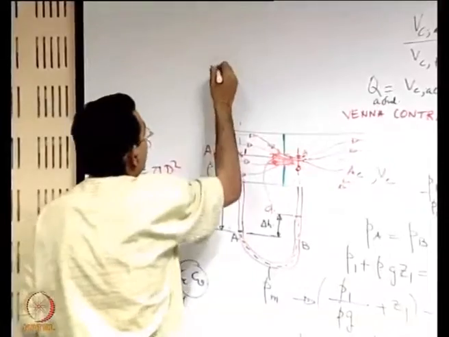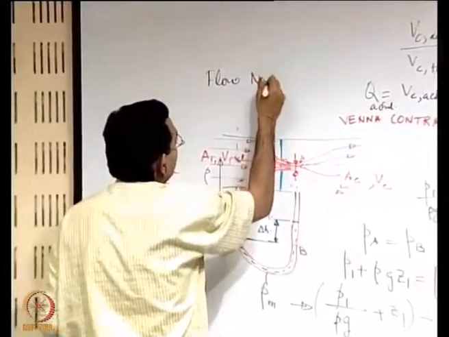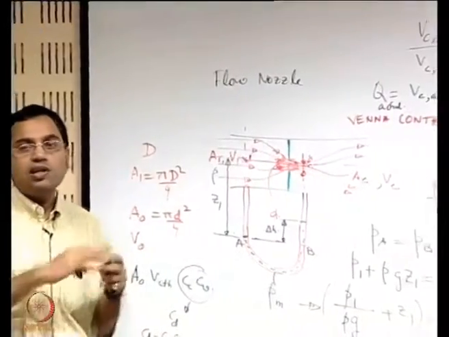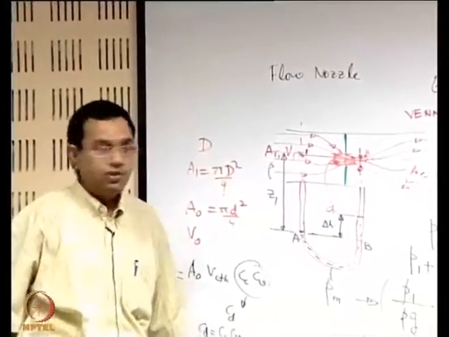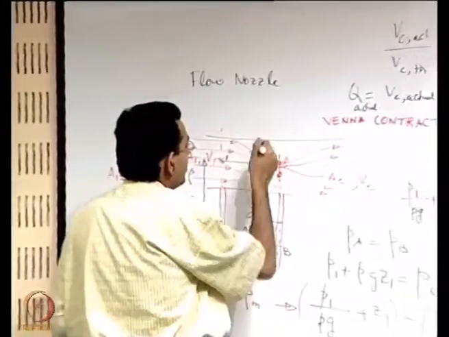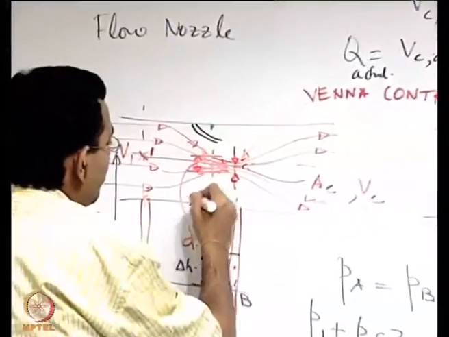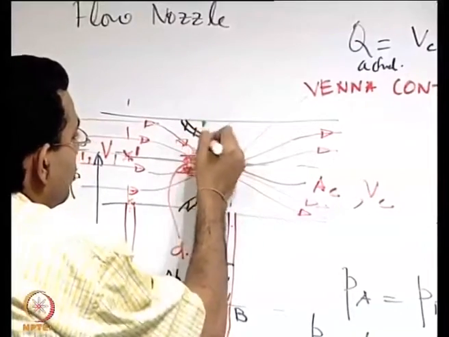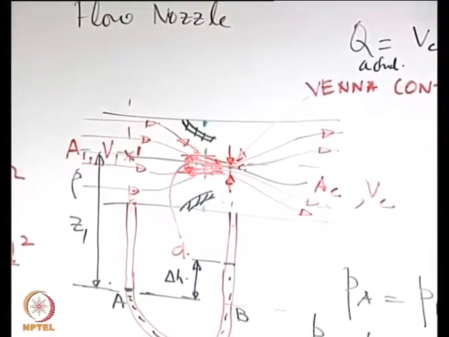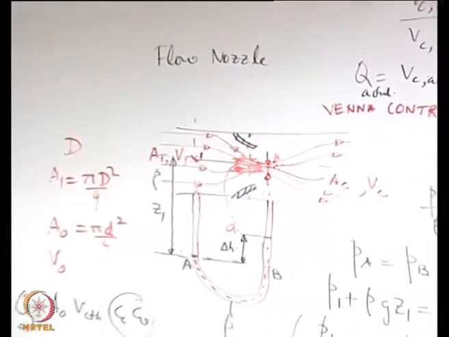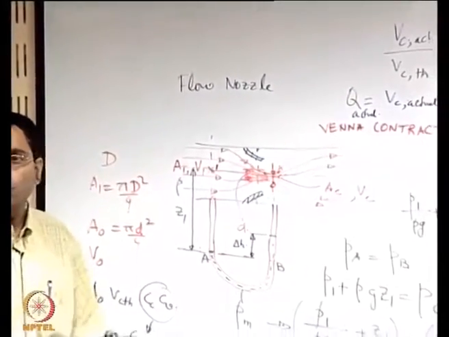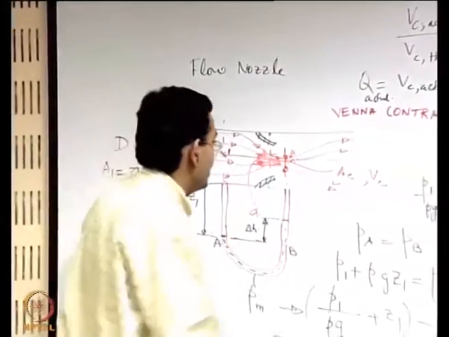We will not go into the detailed construction of a flow nozzle, we will just go through the philosophy, because it is something in between the Venturi meter and orifice meter. The cost is in between, the accuracy is also in between. Instead of putting a sharp orifice with an abrupt change, it puts a kind of nozzle at the wall to have a more gradual change of cross section of the area. It does not make it as good as the Venturi meter, but a sort of compromise between the Venturi meter and the orifice meter. So, that is a flow nozzle, its performance is also a compromise.